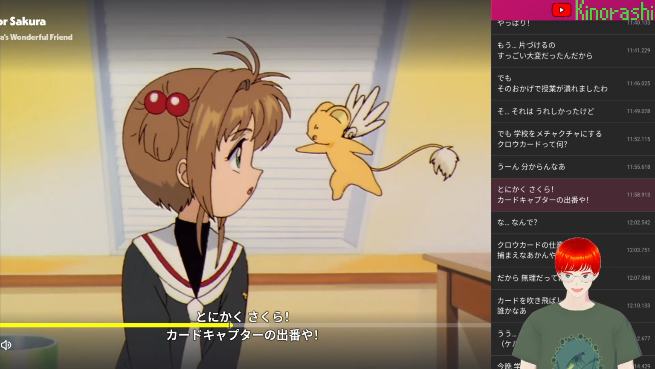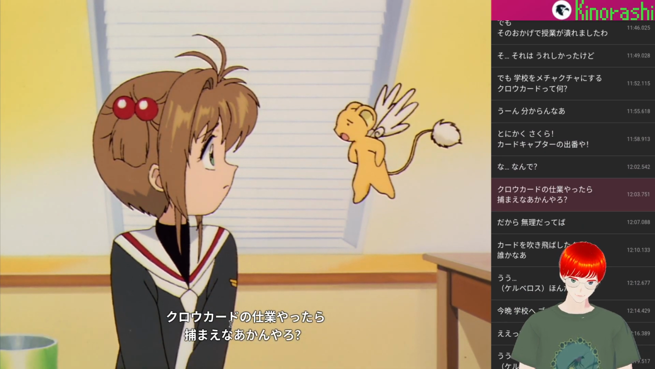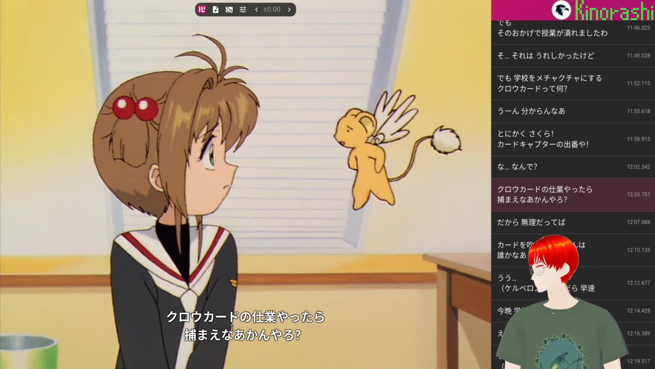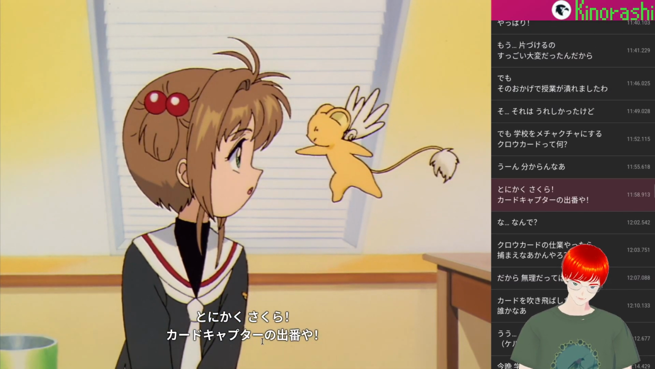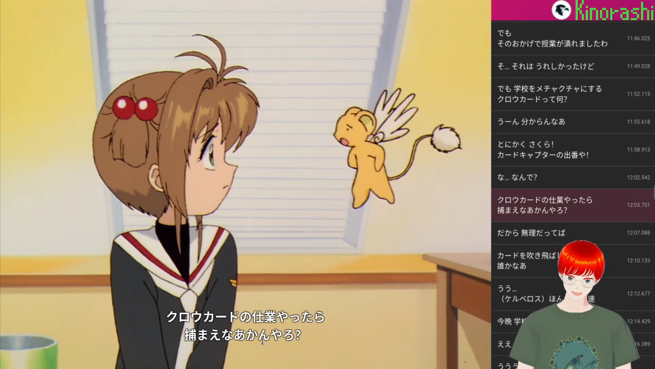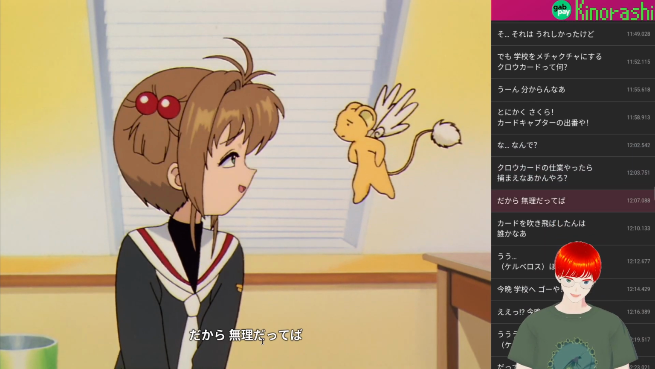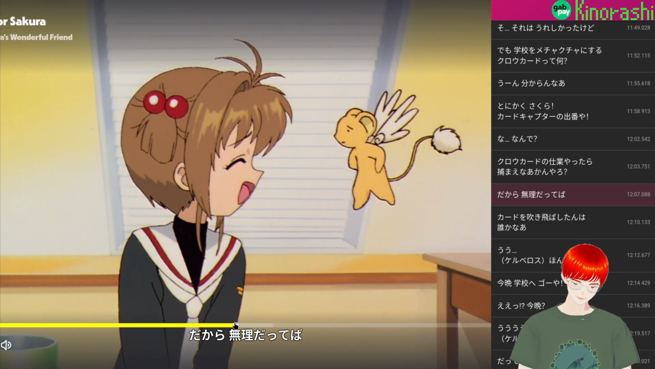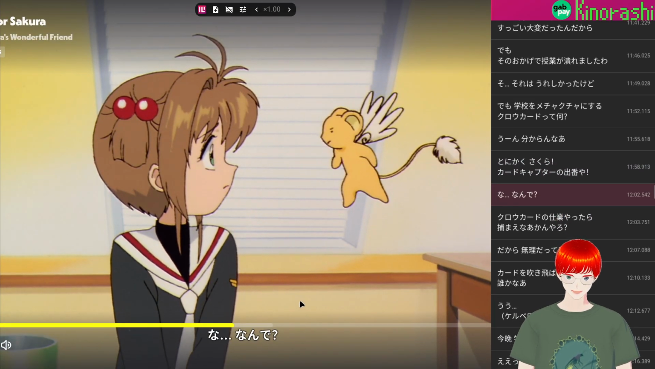カードキャプターの出番や。なんでクローカードの仕業やったら捕まえなあかんやろ。 Oh. だからカードキャプターの出番や。なんでクローカードの仕業やったら捕まえなあかんやろ。だから無理だってば。カードキャプターの出番や。なんで